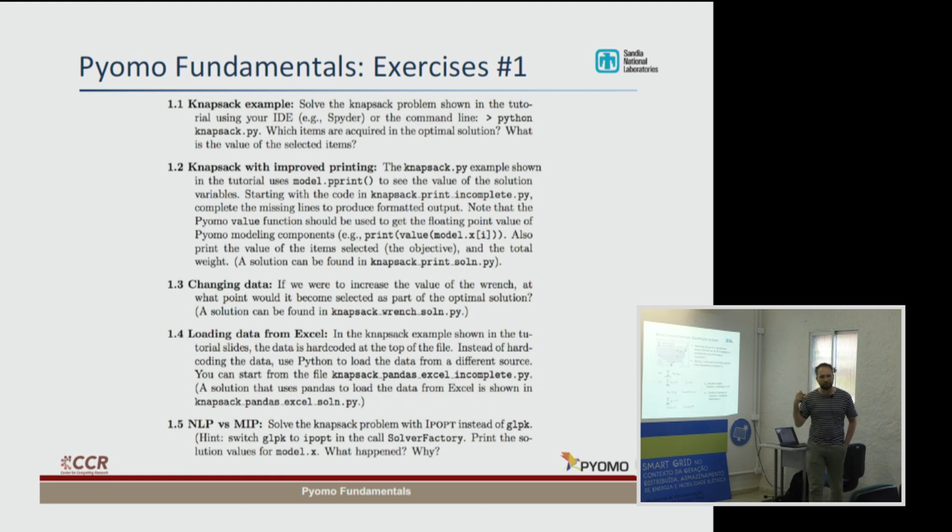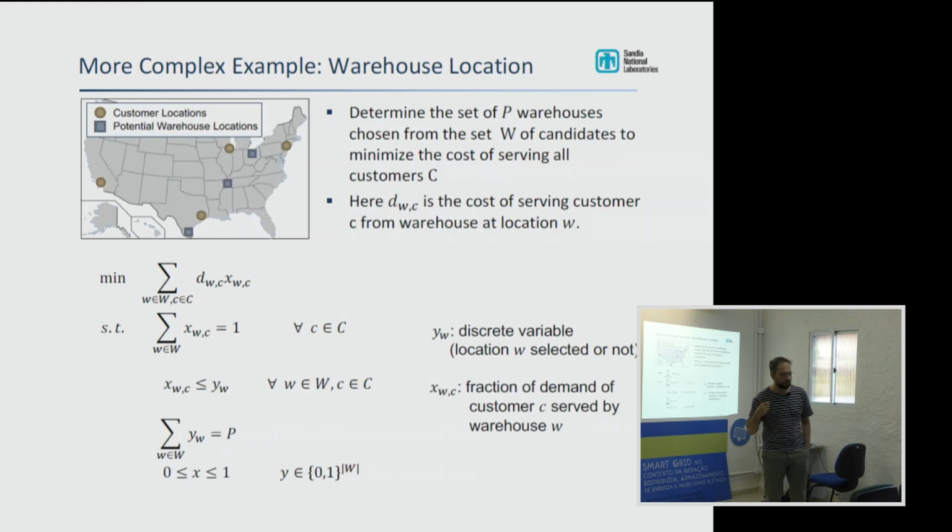This is another example, and it's quite nice for us. It's a little bit more complicated. This example is called warehouse location. Those two examples are really basic and well known for mathematicians. This one actually is